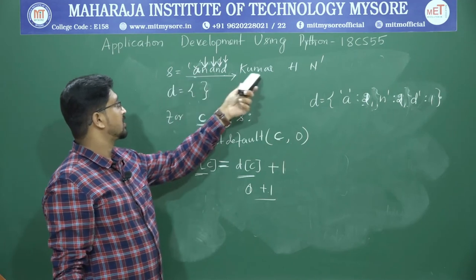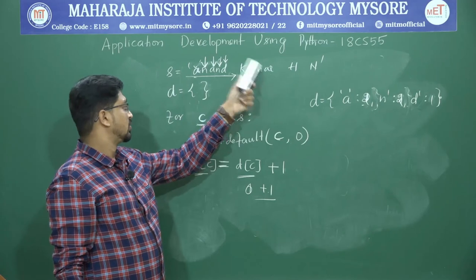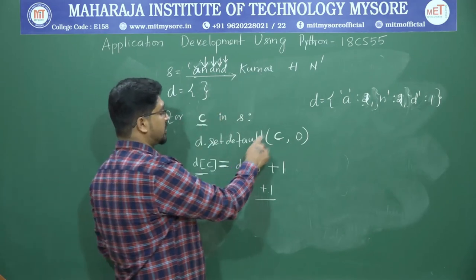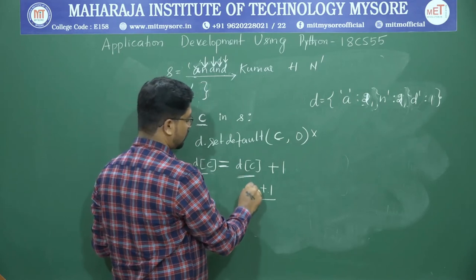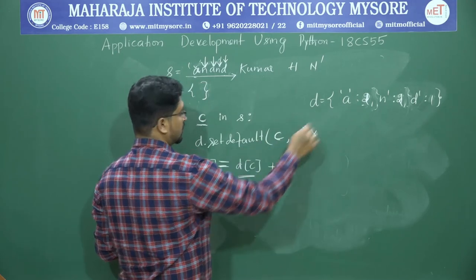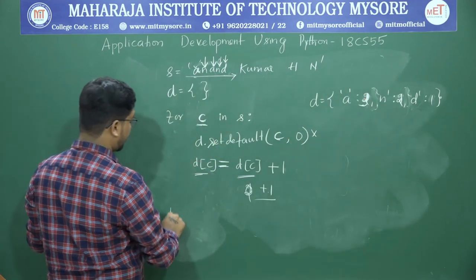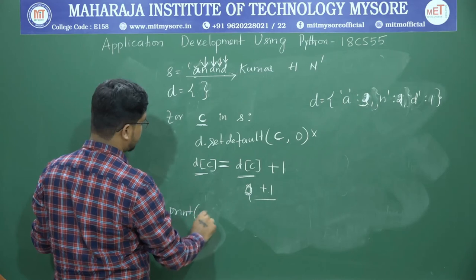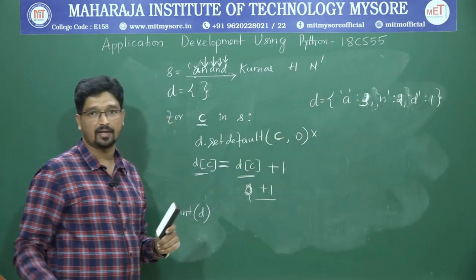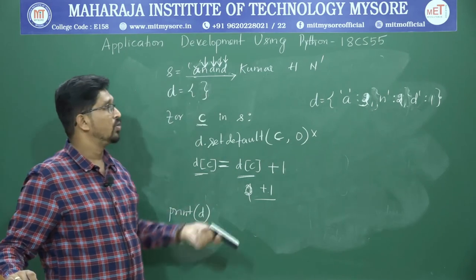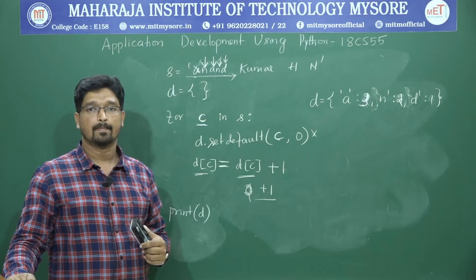Again when it comes back, we have a one more time. So again a already exists. Set default function will not perform anything. Then what is the a value? Already existing value 2, 2 plus 1 is 3. A becomes 3. Then after completing the loop, when you print the dictionary, you will get the complete dictionary with all the characters. So this is how you create a histogram of characters.